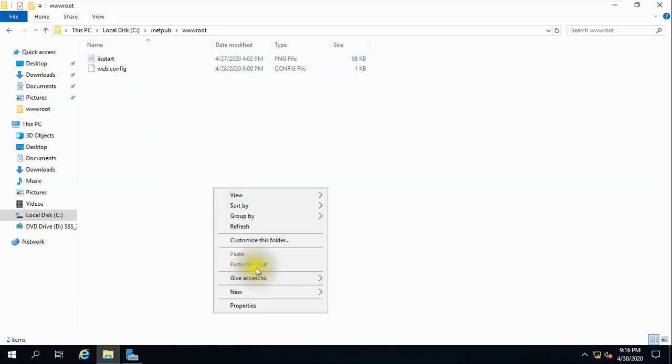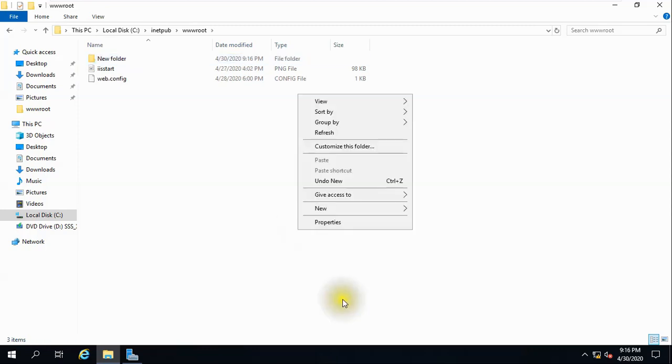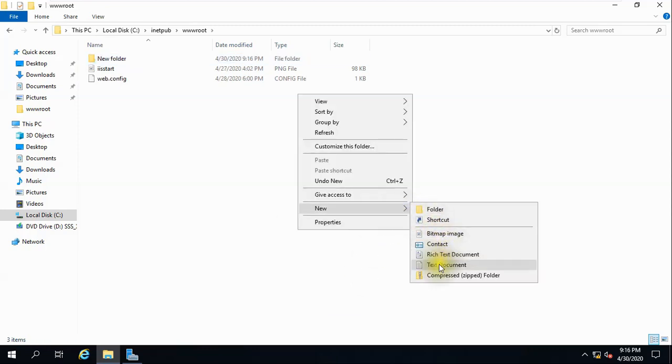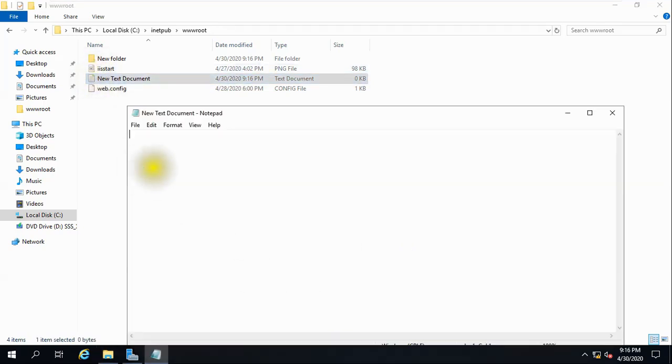Now let me create one website here. I'm creating one HTML file just for demo purposes. I'm opening this and typing something like "hello hi site 1".